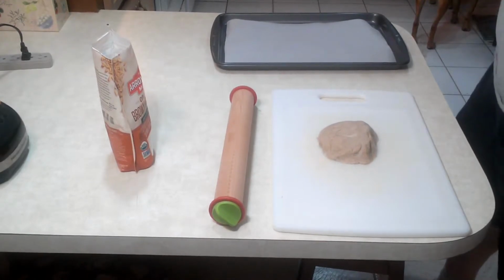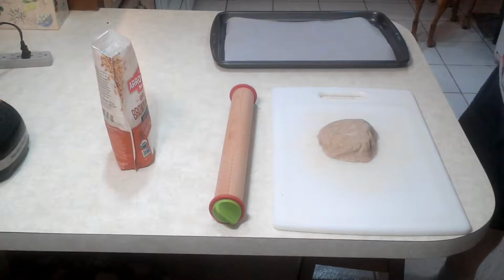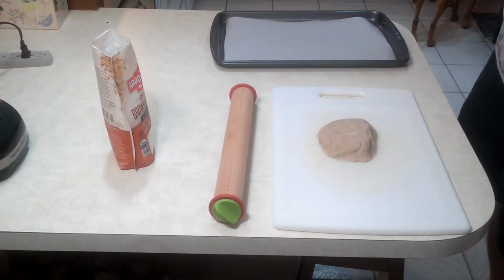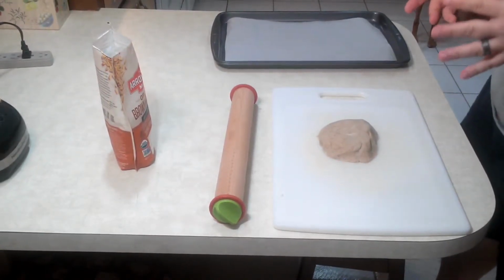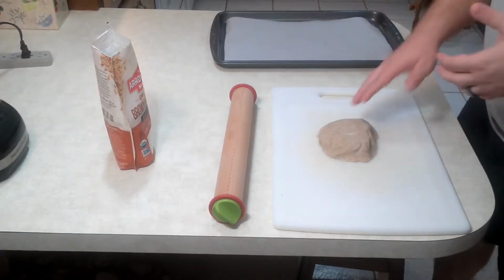Okay. Before I forget, I should have mentioned this earlier. Before you start mixing your ingredients together, make sure you preheat the oven to 350 degrees. So, now that we have our mixture to the consistency that we want, you take your dough and we're going